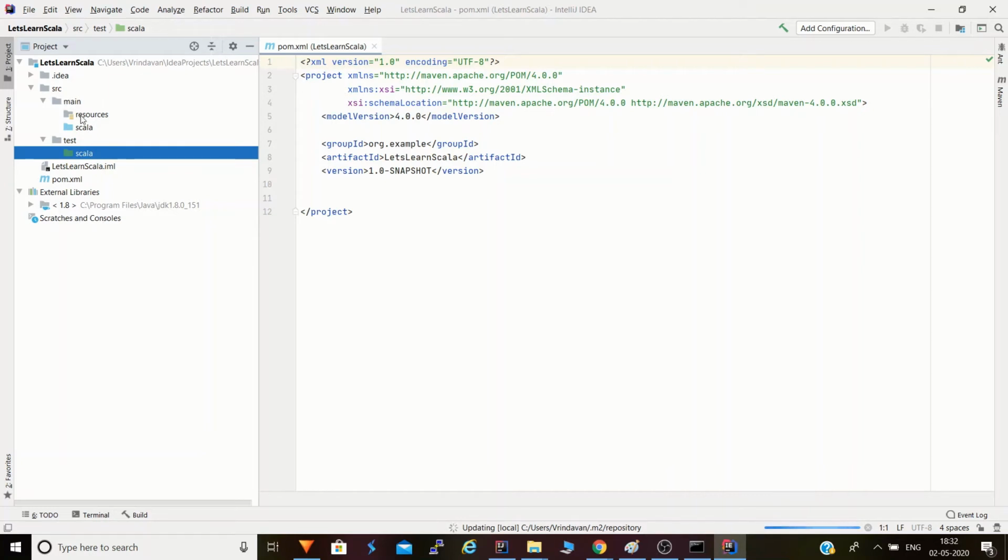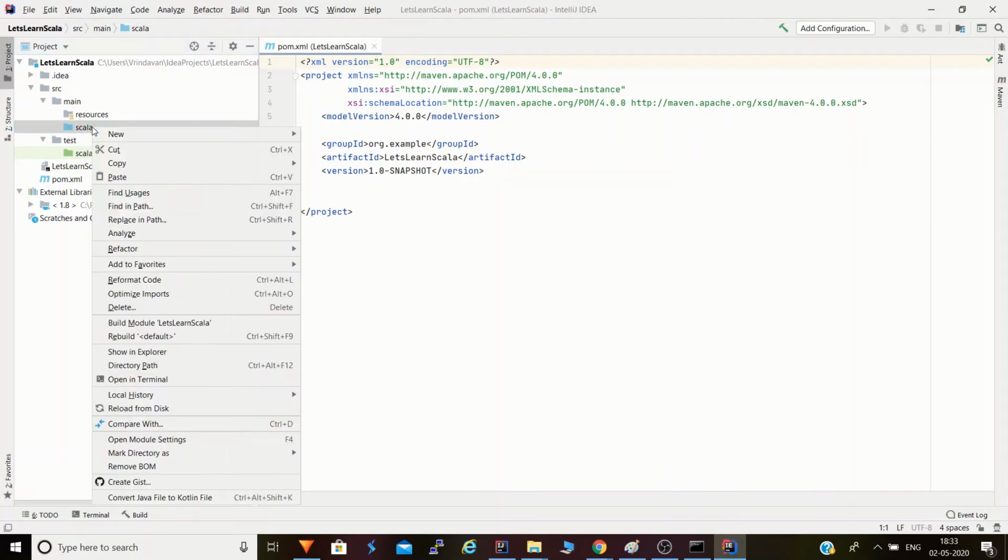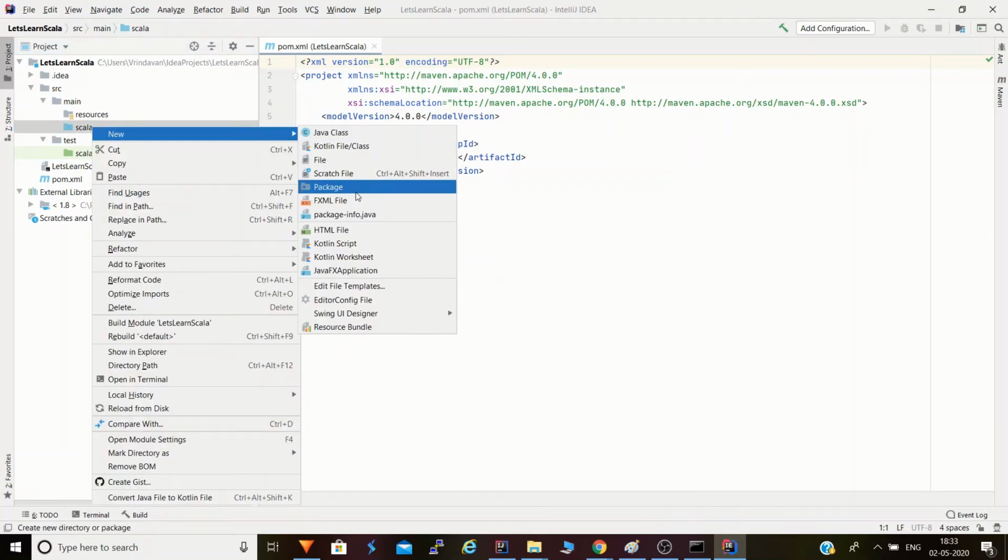So this is src, main, then Scala. Here in Scala you have your main project code, and in resources you can have config files, or a source file if there is one. And in Scala you can create various new packages as well. Like in your project, if you want to segregate your code depending on the functionalities, you can create various packages and then place your code in those packages. So that is the significance.